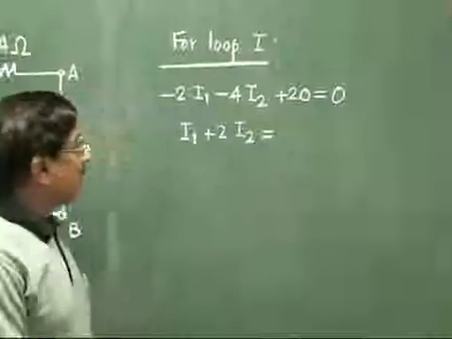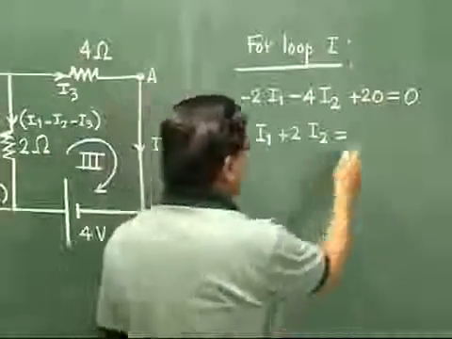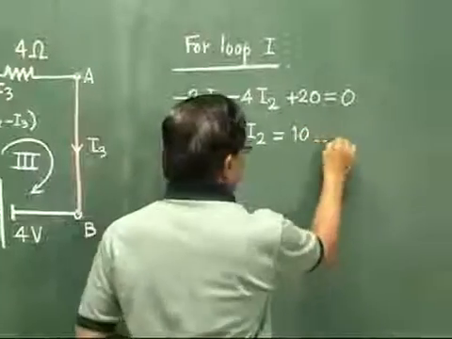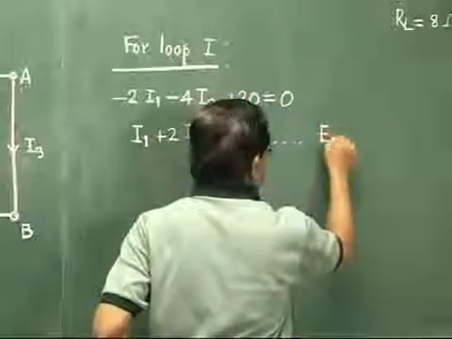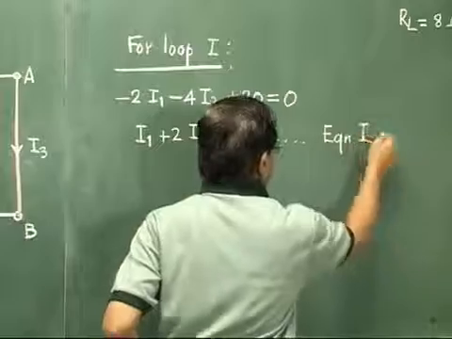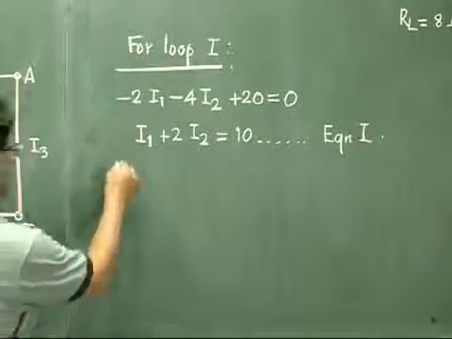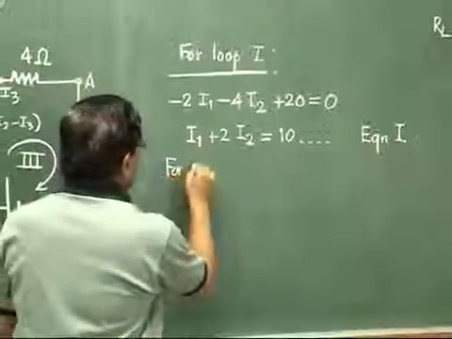20 taken to other side will be minus 20, and divided by minus 2 will be 10. So this will be the simplest form. So we say that this is equation 1. So very fast we write the equations for other loops. So for loop 2,